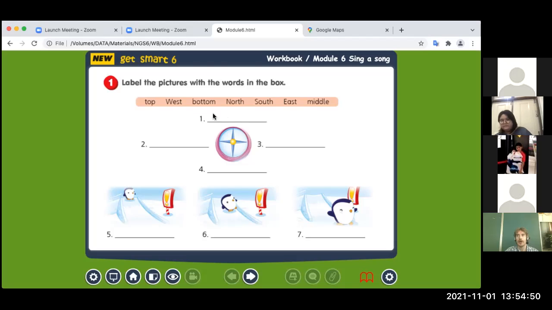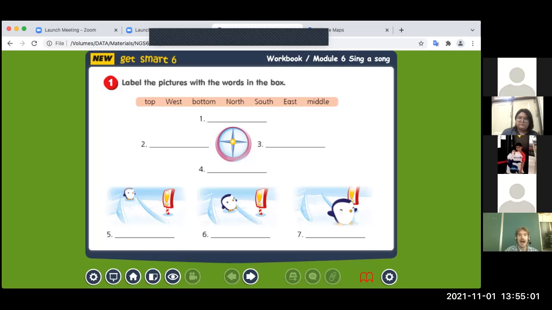We have a compass here, and a penguin on various parts of the drawing. You have one minute to fill in so that you will be ready and get your activity points when your answer is correct.